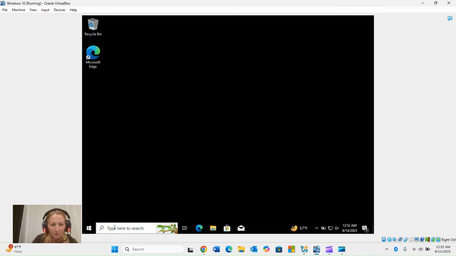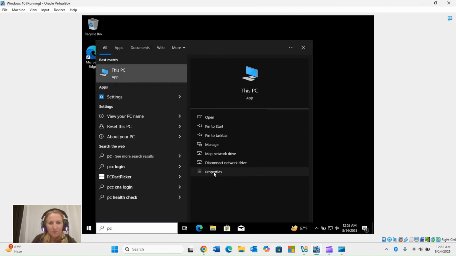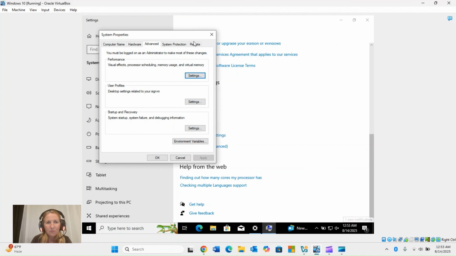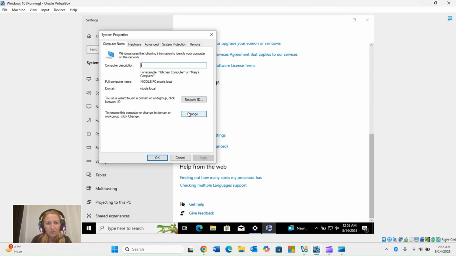In the search box, type PC, right click This PC, Properties, Advanced System Settings, and here in Remote, make sure you check the box Allow Remote Connection. Okay. Change